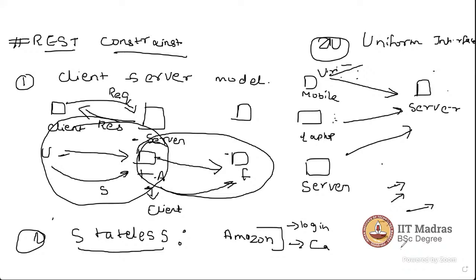And REST does not follow these things. A truly RESTful architecture is just stateless. For example, if you take an example of a REST API endpoint, let's say you had requested a server, the Tinder server.